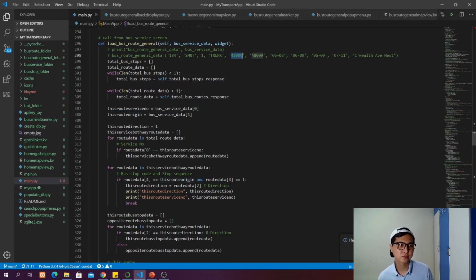This is the origin, for example, and then we make an initial declaration, assuming that the route direction is 1, and then we create an empty array. We call it service both way route data, which means that we will use this array to append and collect all the bus route data that is related to this bus service, no matter if it is direction 1 or 2. So for route data in total route data, if route data 0, which is the service number, is equal to this route service number,